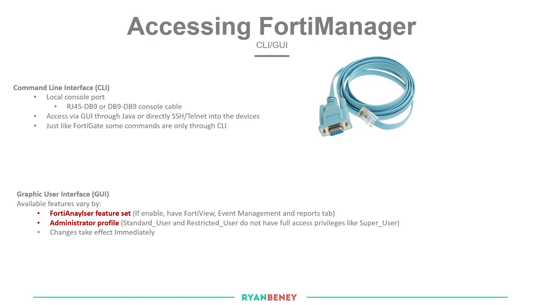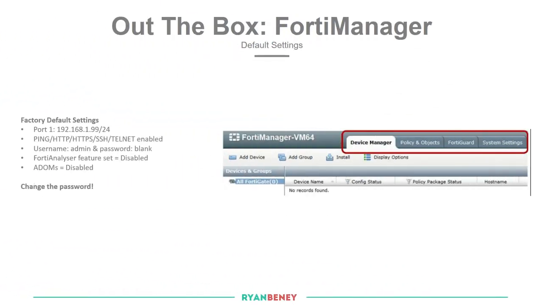So an example would be if the standard user or restricted user logs in, they will not be able to see the system settings. The default settings when you've actually turned on a FortiManager: normally it's port 1 or the management interface, and it has the IP 192.168.1.99/24, and you would configure a device to be inside that subnet. So you'd have maybe 192.168.1.100. Once you're plugged in, you should be able to browse and actually go into the FortiManager via the GUI